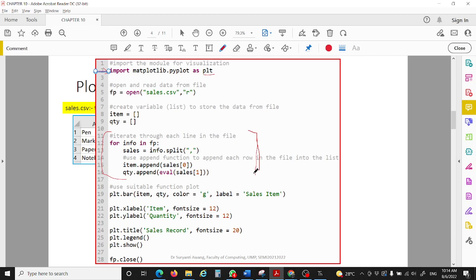Okay, in this case, why do I use append? Append is a function to append each row in the file into the list. I didn't use another loop to plot this data, so that's why I use append. You can use any method that you want. However, here I show you the simplest method when you want to plot the data from